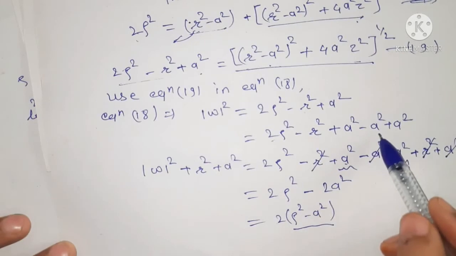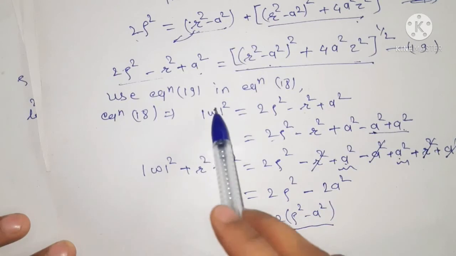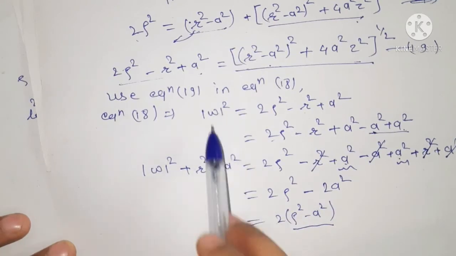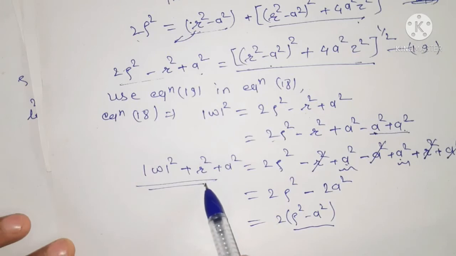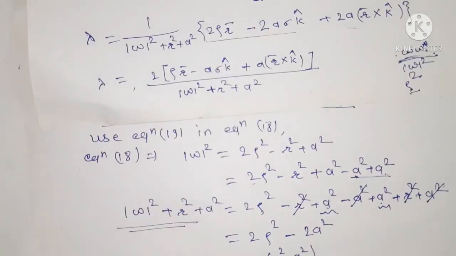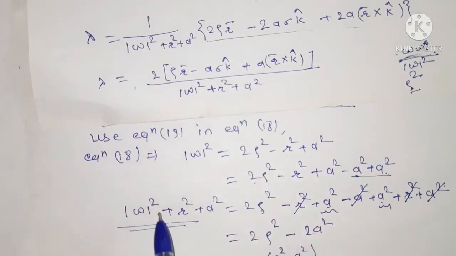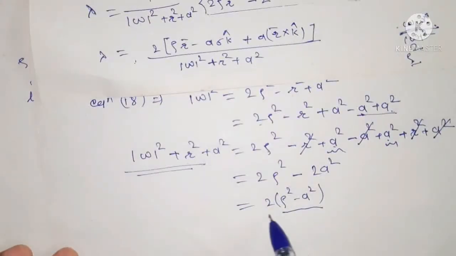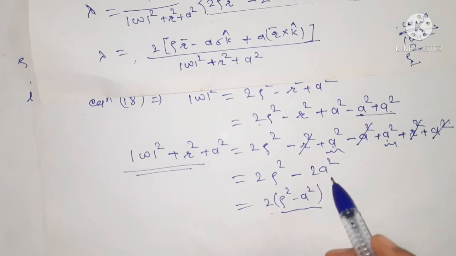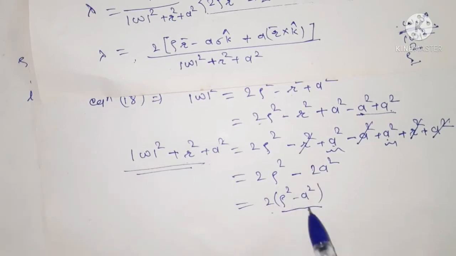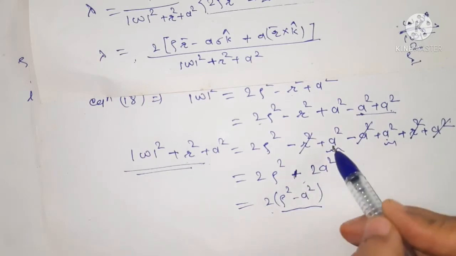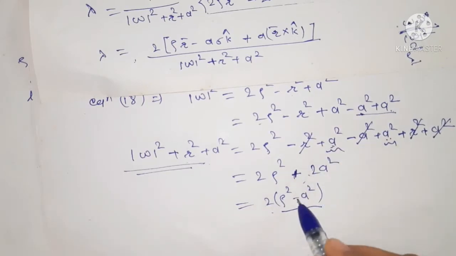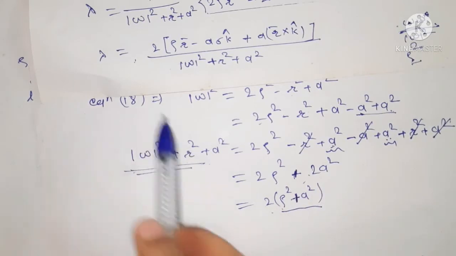Okay, so for this we subtract and add the a square in a modulo omega square. Also we require this term in the value of lambda, which is given in the denominator. So for this we take the addition of r square plus a square. Simplifying this we get 2 rho square minus a square, and now here it is a plus sign because a square is plus twice a square. So rho square plus a square, we have this term of the denominator of lambda.